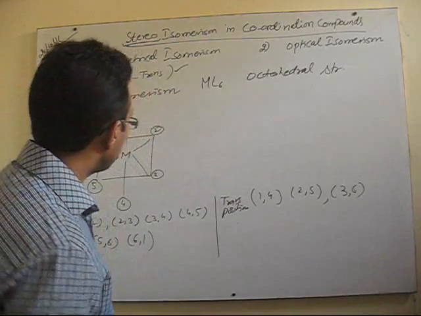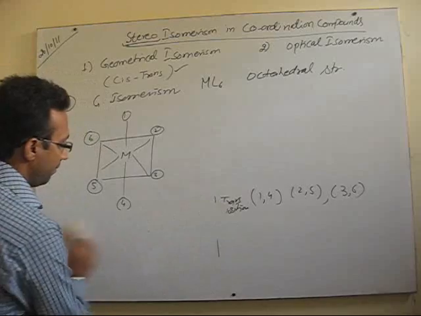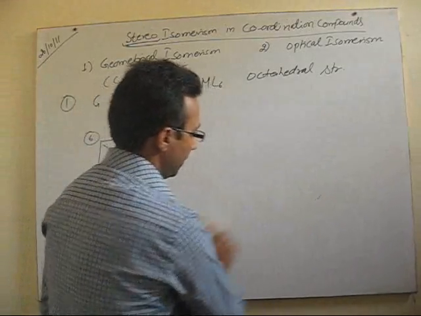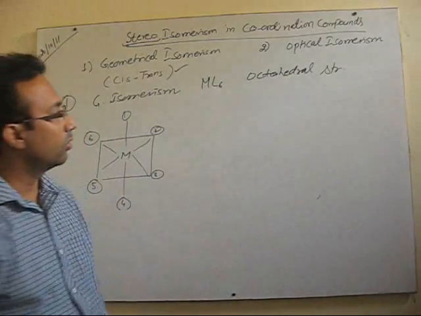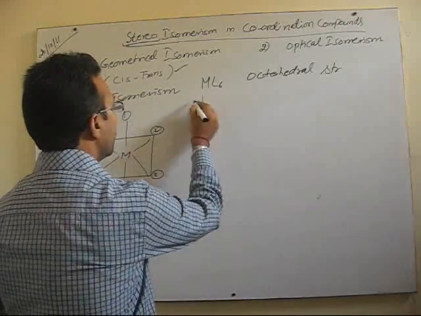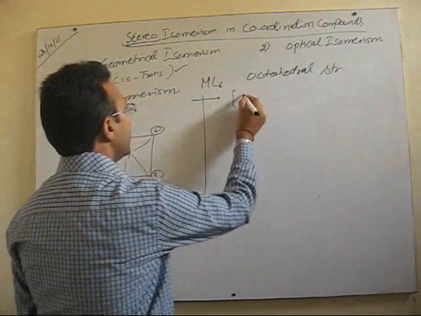Fine. So in case of ML6, we also have certain categories. In this case, the first category, the most simple one, is M